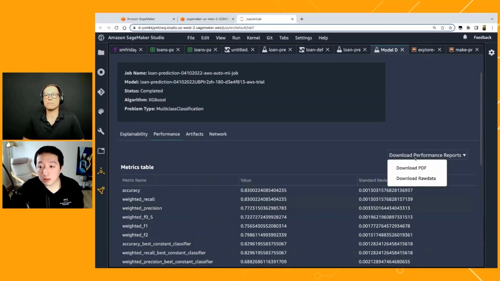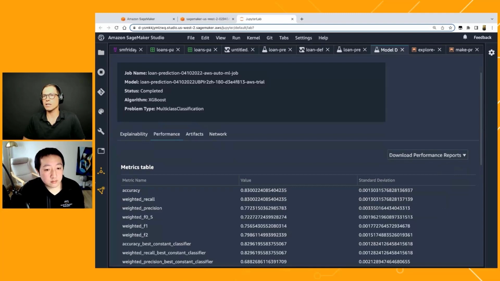And of course, you can download these reports as PDFs for audit purposes. Oh, that's great. It gives me a lot of information that I can share with my leadership, or understand myself. But what if I wanted to understand and inspect the code itself?